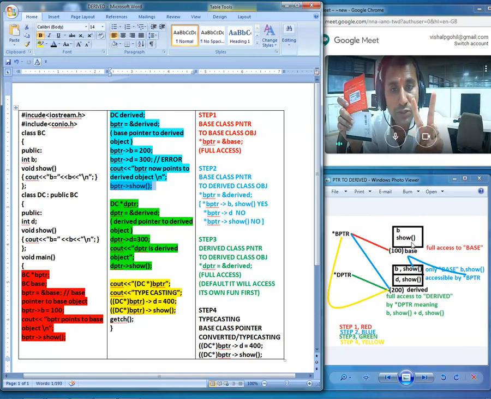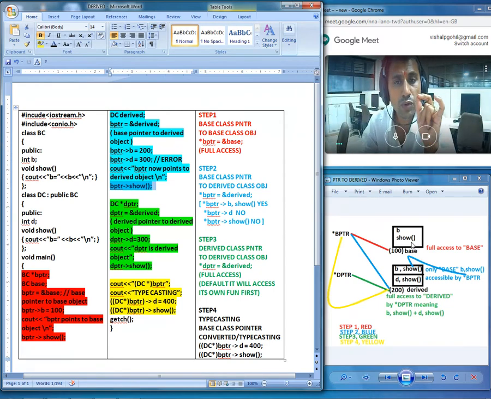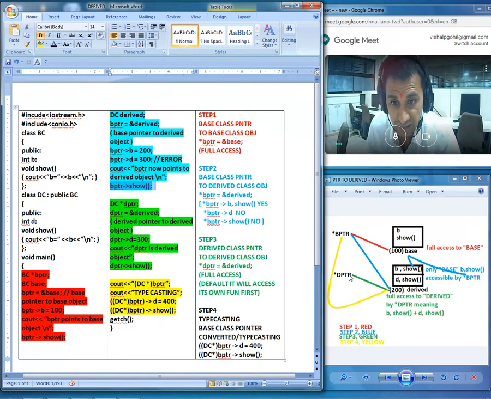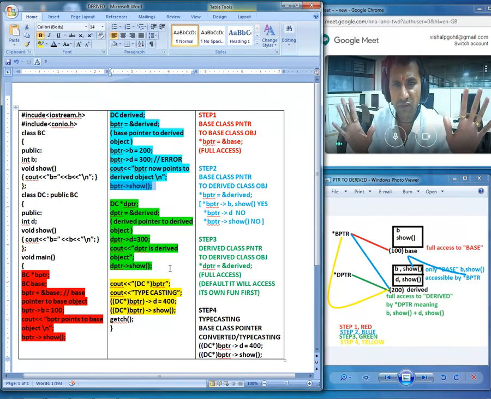It has 2 copies of the show function, but now you know that this pointer is of the child class, so it will execute the child class copy of the show function in the first priority. So the show function of the child class only will be executed. Hopefully there is no confusion, no conflicts about it. All right, so we are talking about the dptr pointer. This dptr pointer, the child class pointer, is pointing to the child class object, making access to everything of the same class. Okay, one last thing, one last step that is given to you in the yellow part.